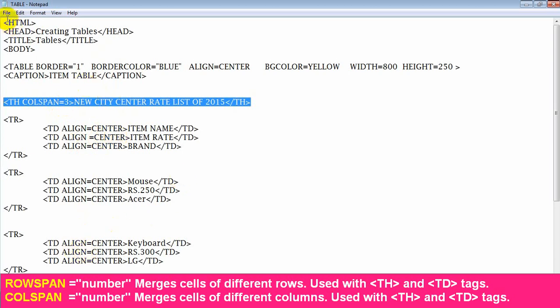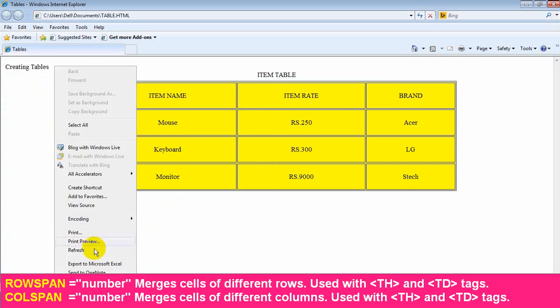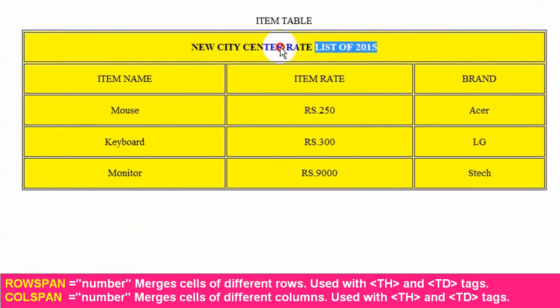Now first save the tags. Go to the web browser. Right click. Refresh. See, the 3 columns have been merged. Item name is the first column, item rate is the second column, and brand is the third column. But these 3 column cells have been merged at the heading.